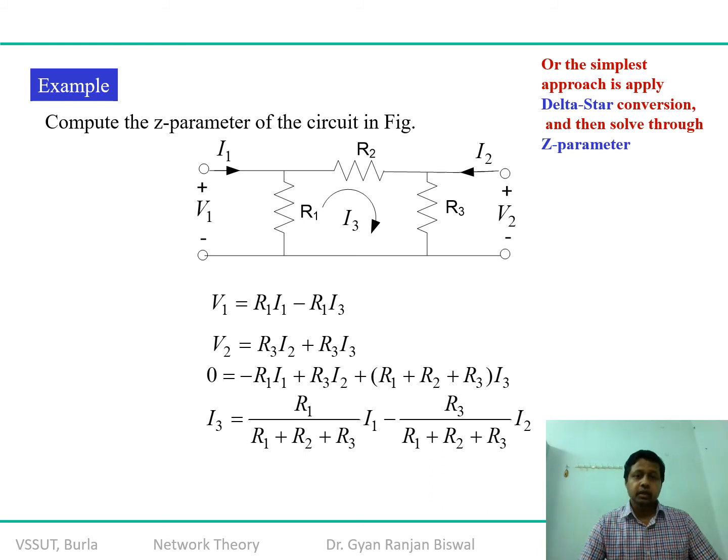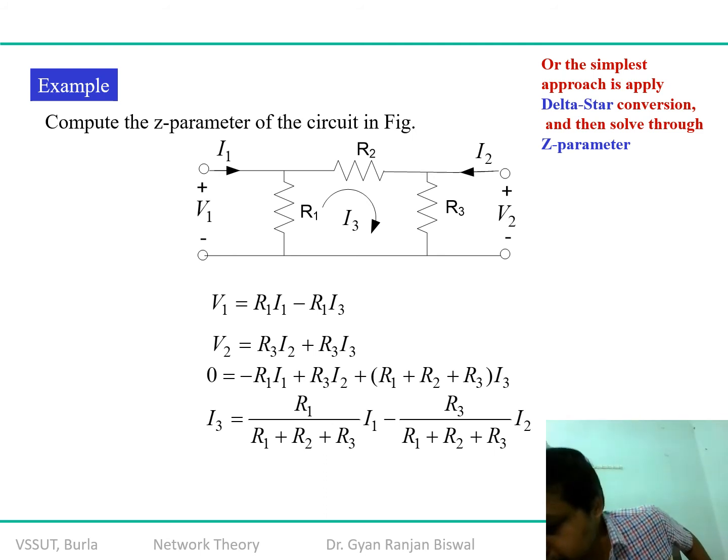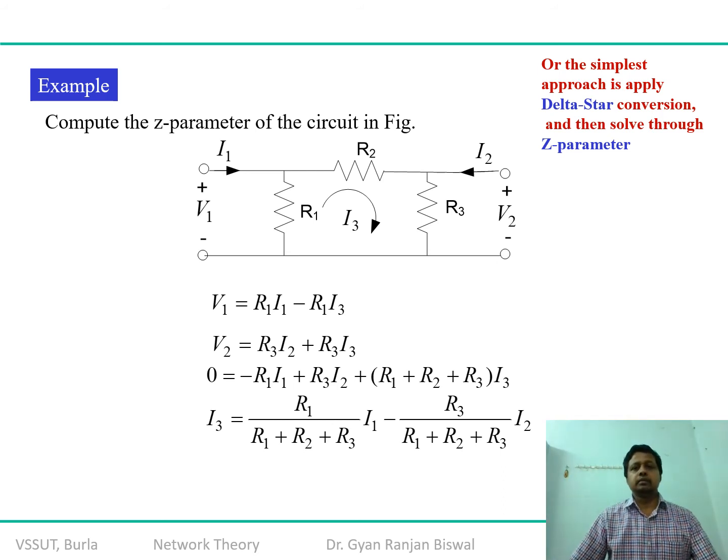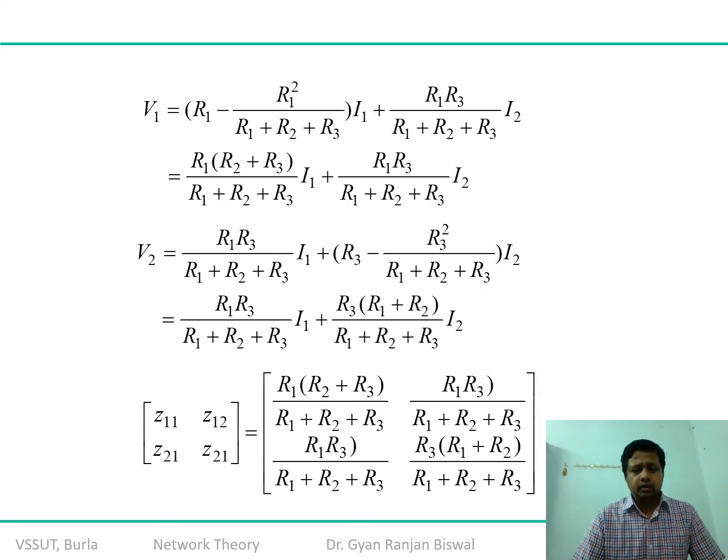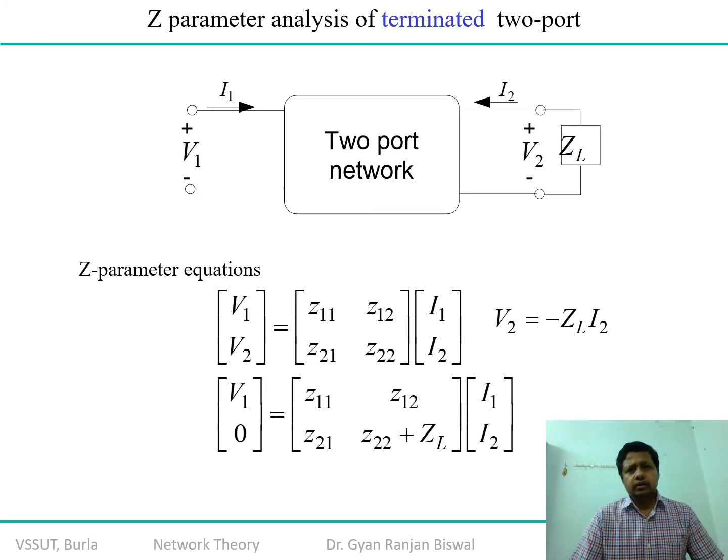Another approach could be that you convert this delta network into the equivalent star network or Y network, so that it will reduce your steps. You will have only two equations and you can get your answers faster. So it depends on how you are going to develop your algorithm and compromise with the time delay. Okay. So let us quickly review some more problems. Obviously you can attempt, as I told you, the approach. And let us jump to the next step.